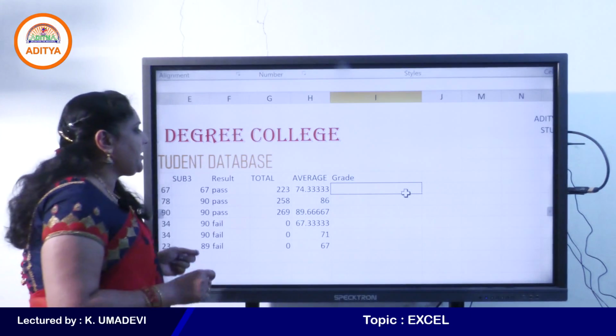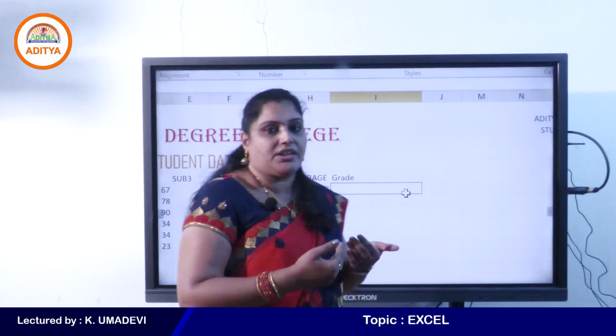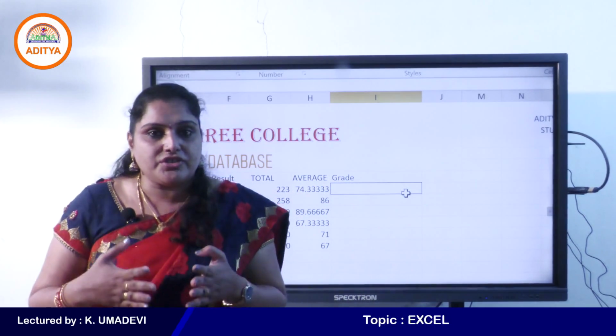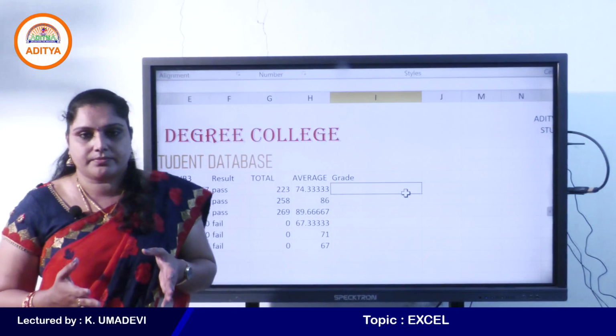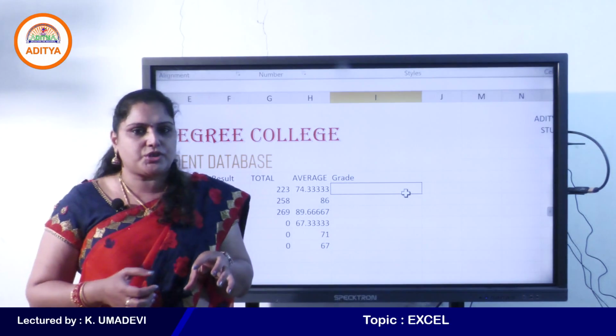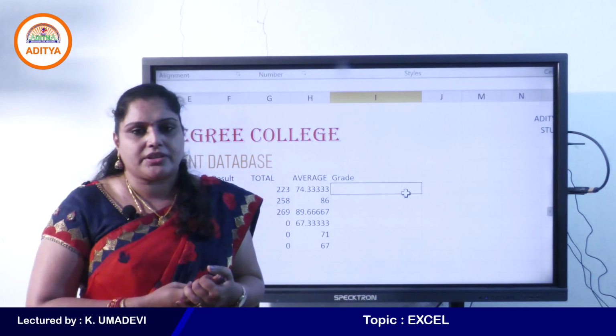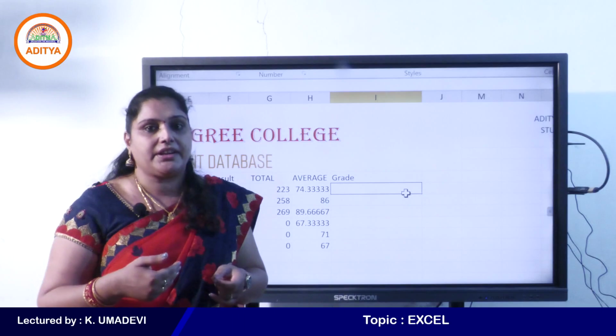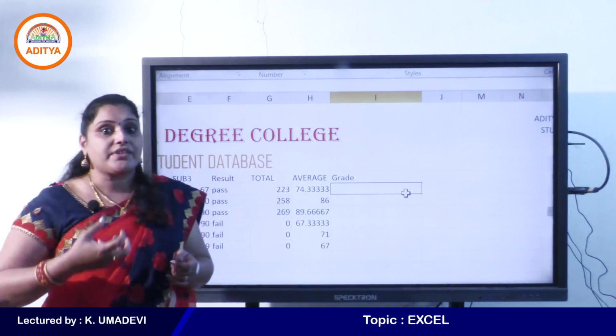So if you want to print grades, that is A, B, C, D and F, then you need to check multiple conditions, not at the same time. Why? Because AND and OR is mainly used to combine multiple conditions together, but here we need to check the conditions individually based on average marks.